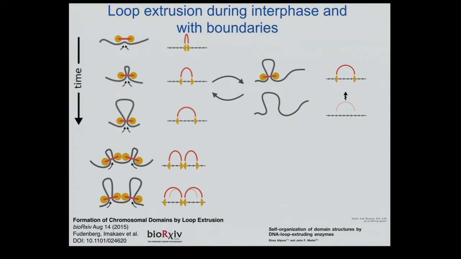If 2 cohesin molecules bump onto each other on this side, then they continue extruding loops on the other sides. You can think about this as 2 motors acting on DNA and pumping it. If one got stuck here, the other motor keeps pumping the material. So these are the assumptions of the Alipour-Marko model. And then we say, what if there is also a boundary element? This boundary element, in our case, will correspond to a domain boundary. So what if at the domain boundary there is some boundary element, presumably a CTCF, we'll come back to this, that can stop propagation of this motor while the other motor will continue extruding? So that's essentially the model.